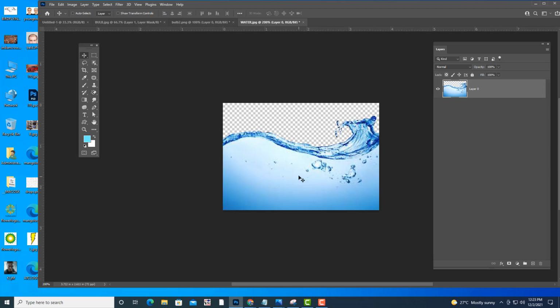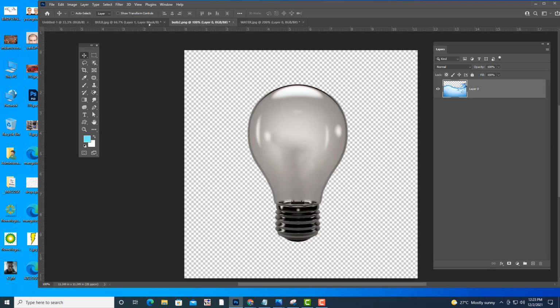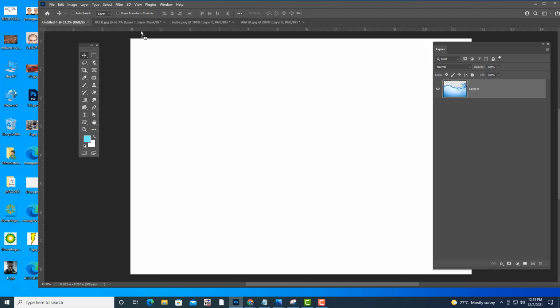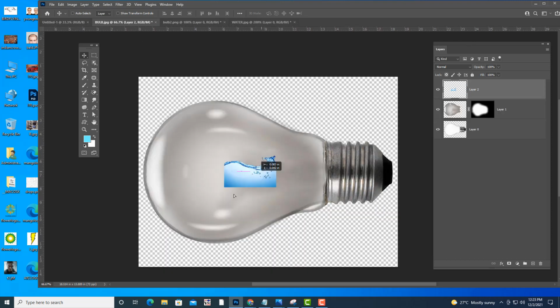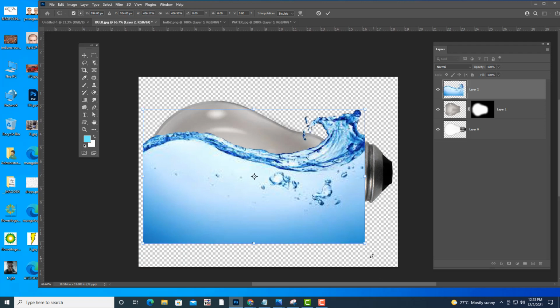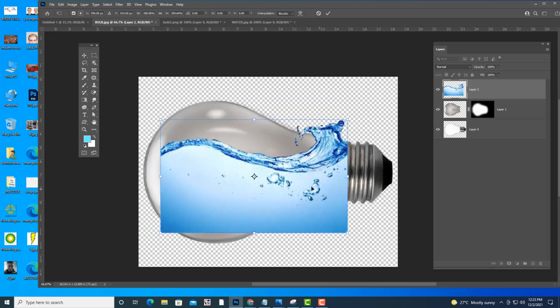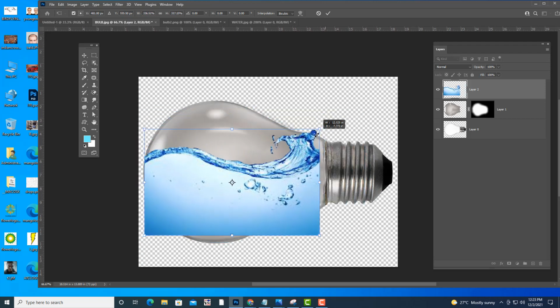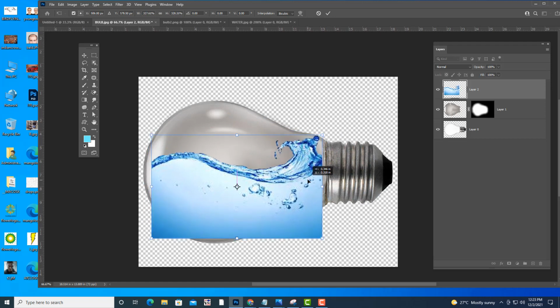Now we'll use this warp to adjust it properly.